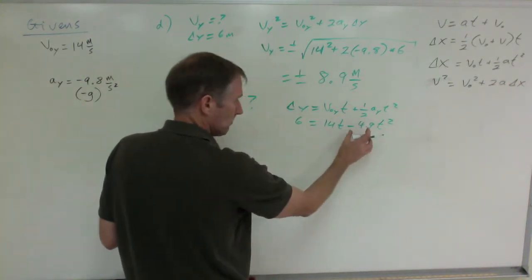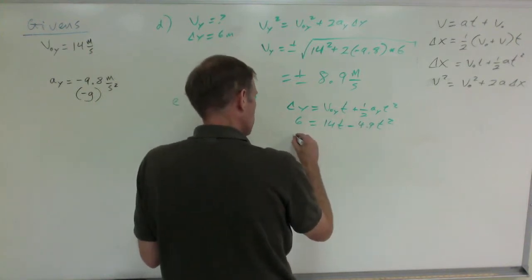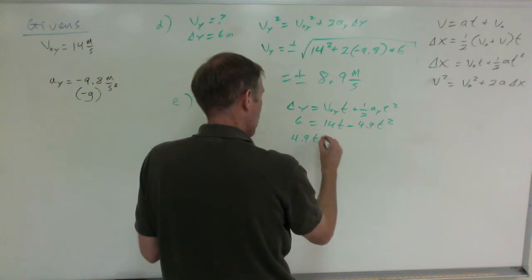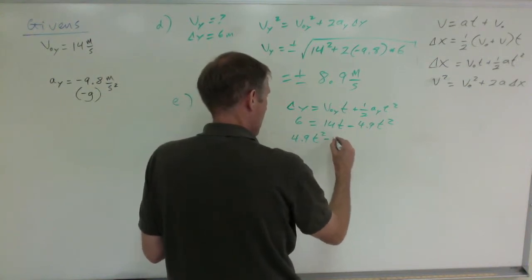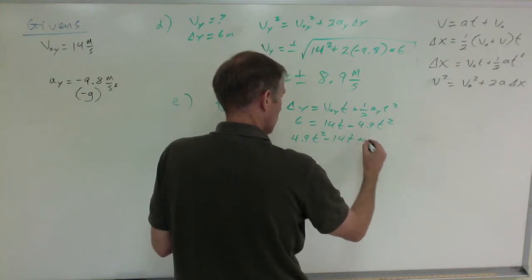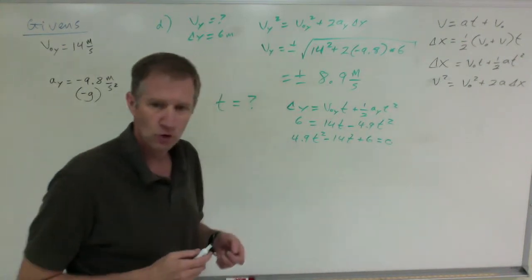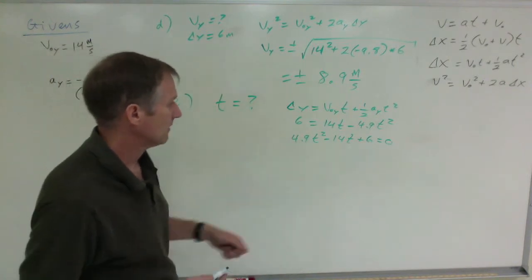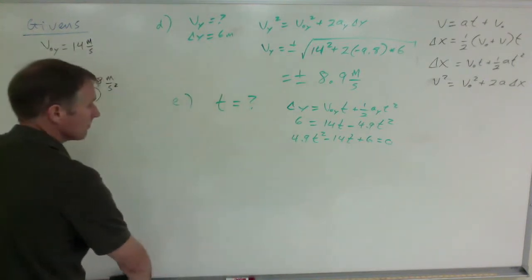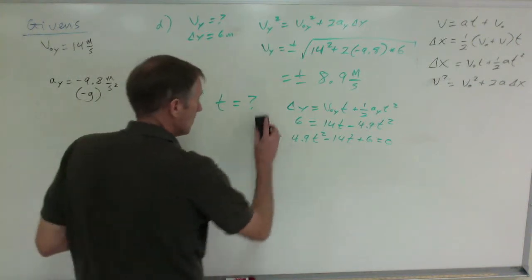Again, this is half of negative 9.8. You have to put that equal to 0 in order to plug it into the quadratic formula, and then get 2 roots. You can do that. If you know how to use the solver on your calculator, that's what I do. Anyhow,